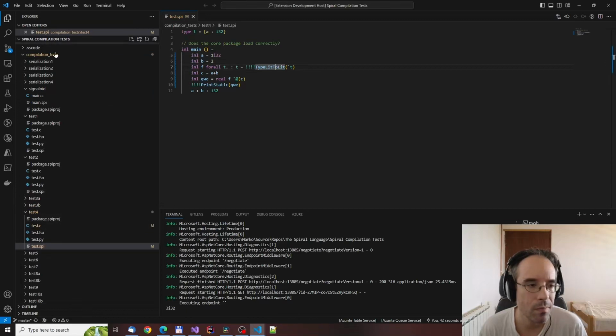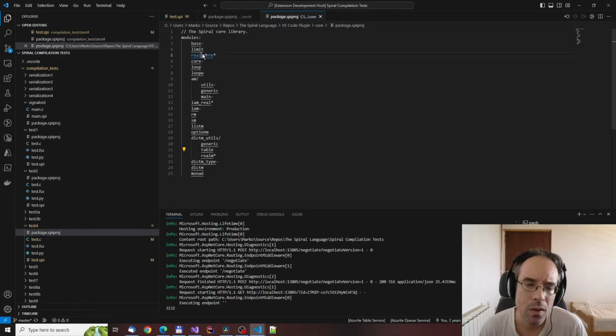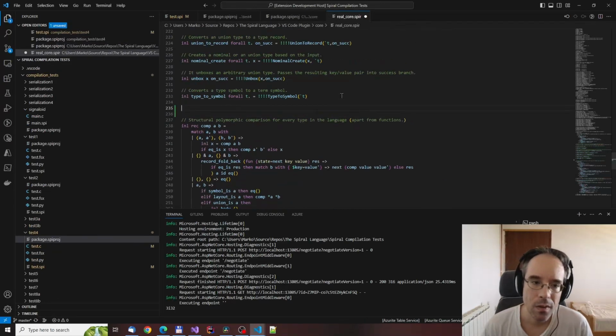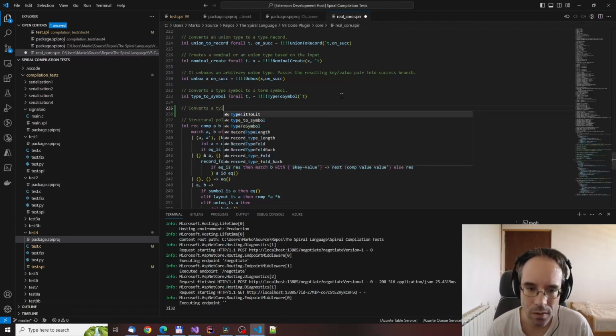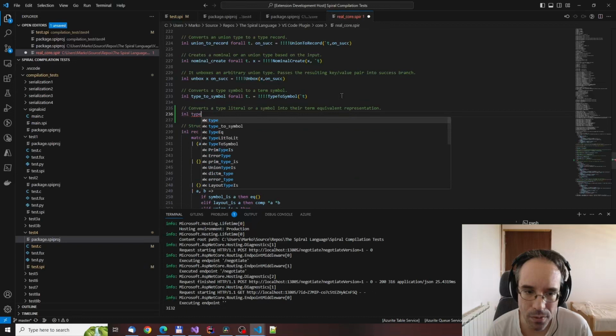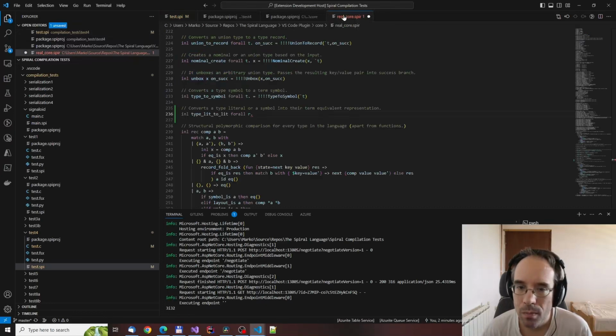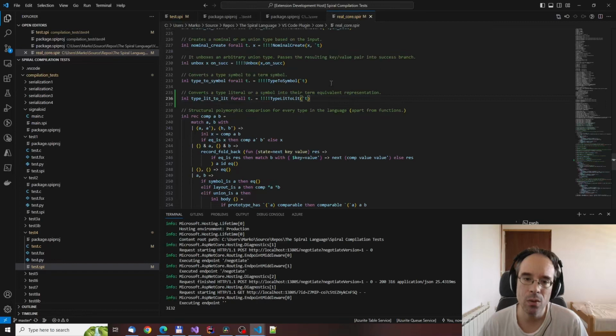Let me also extend the core library. Where is the core library? We're going to the core library. Okay, we'll add it here. Converts type literals or a symbol into their term equivalent representation. You know, type lit to lit for all t. Let's copy paste this. I'm going to write T. Okay, great. Now it's in the core library of Spiral,